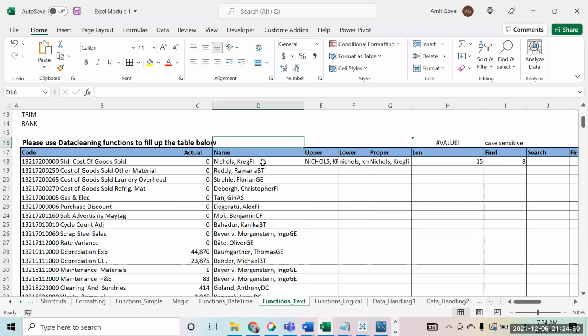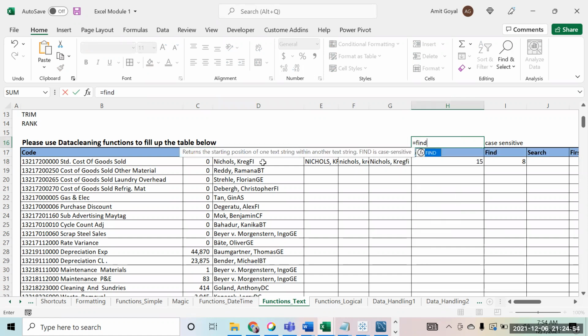Okay. And now, if you all will see, when you're using this function, when you say equal to find, and you say you want to find, suppose I want to find H, and you want to find it over here. Then there is a third input also that it looks out for, that we do not put, that is the starting number. Starting number means from where do you want to start looking out? Suppose I say 5.